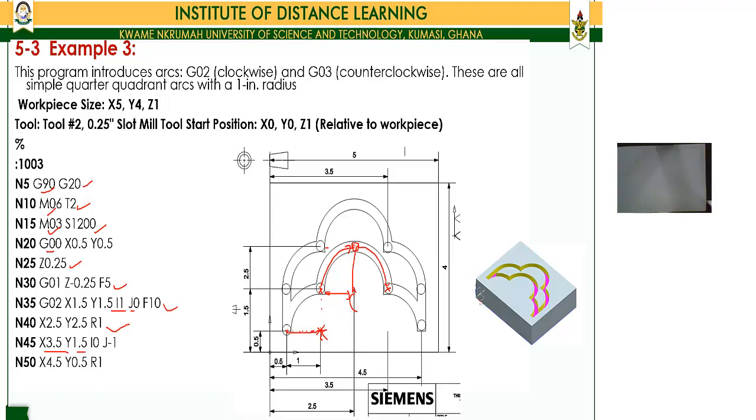Now the center position is here, which is 2.5 and then 1.5. So you notice that there was no change in the Y, though there is a change in the X. So the change in the X, you can really see that change in the X, because it's now moved to 3.5. So the change is actually